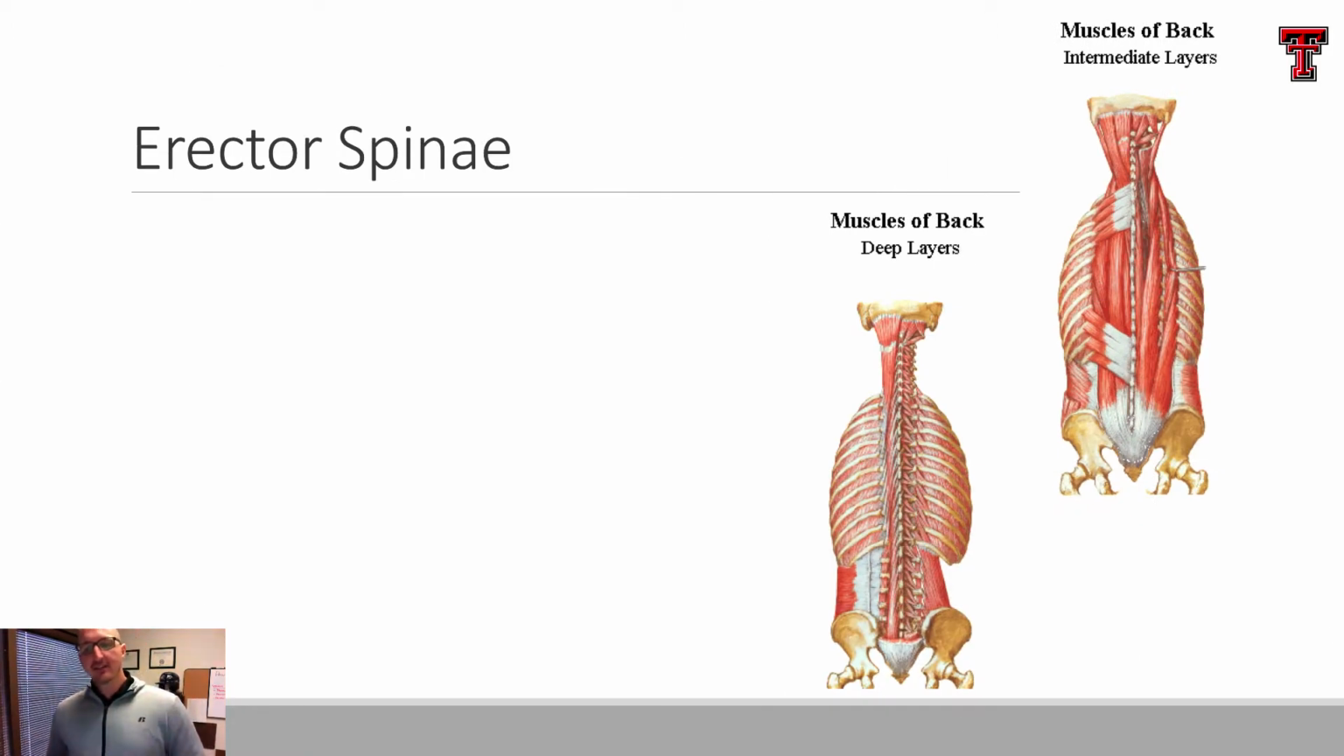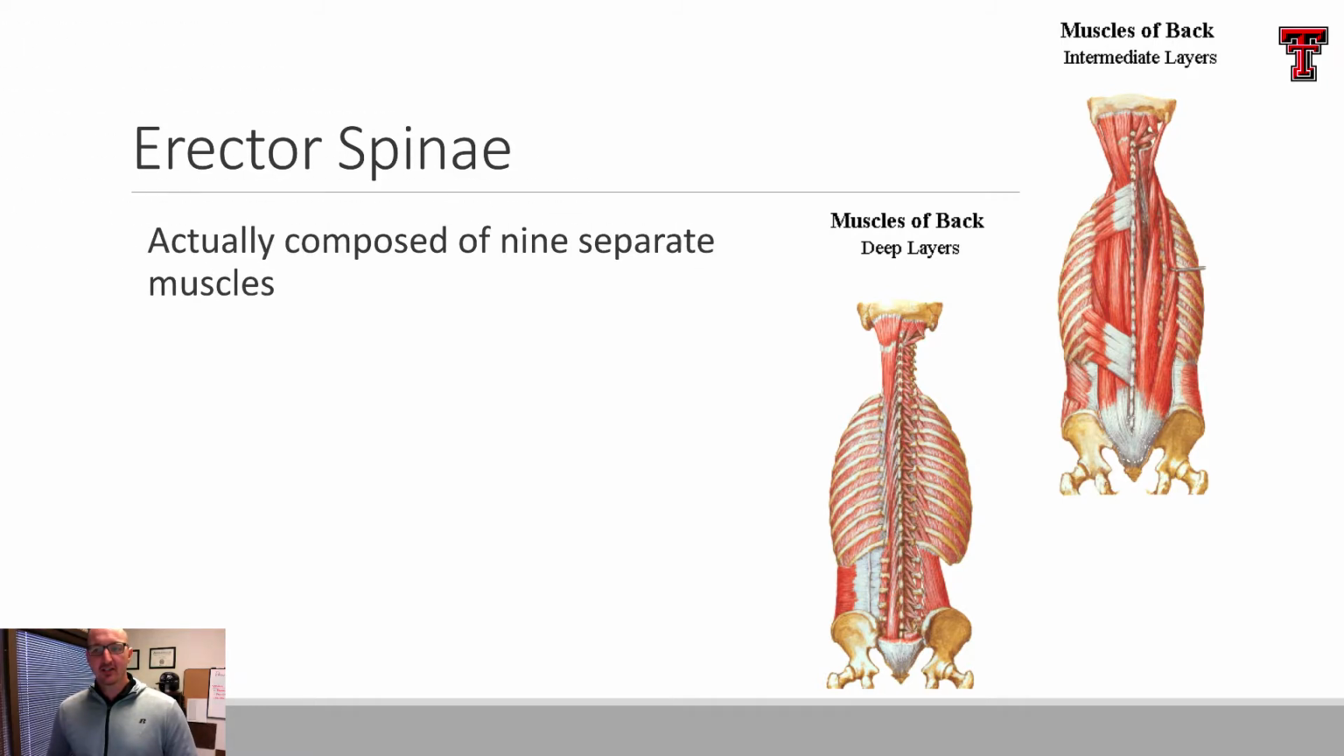Now the erector spinae, it's a big, broad collection of muscles in the posterior spine. It's actually composed of 9 separate muscles. Your textbook will kind of break those out into individual components. For the purposes of this course, I won't have you do that. If you're planning to go to PT school, athletic training, or OT, you will eventually have to learn those, and they're important. But in terms of athletic performance, the erector spinae really functions collectively,